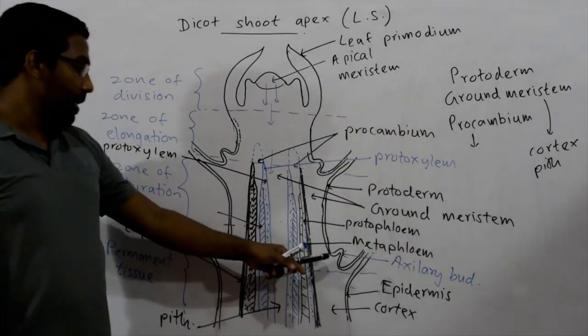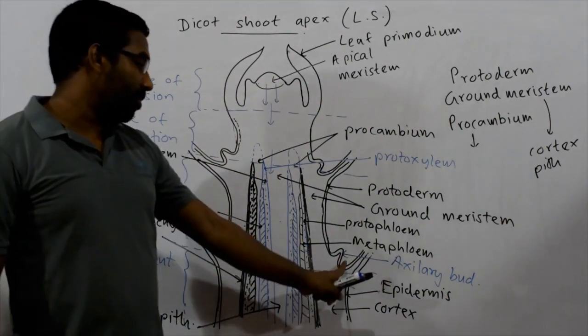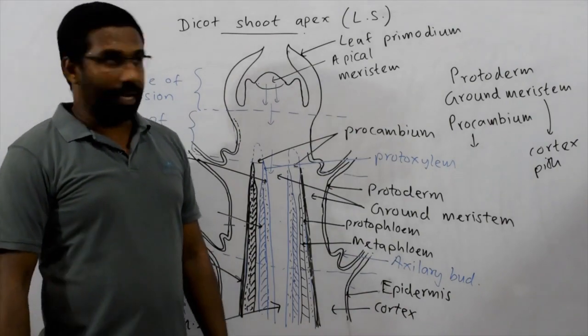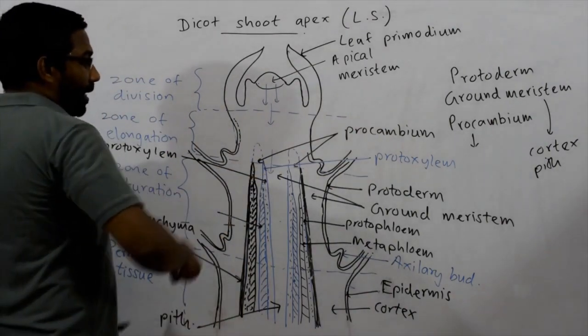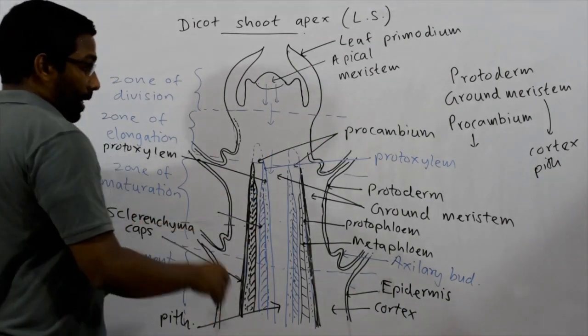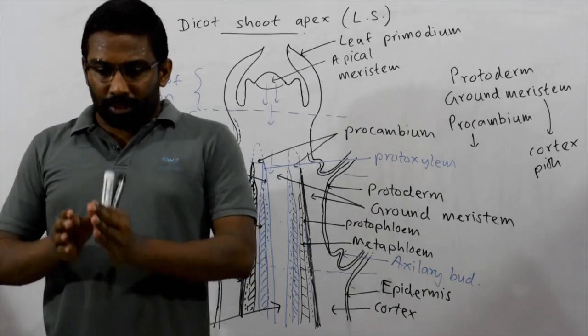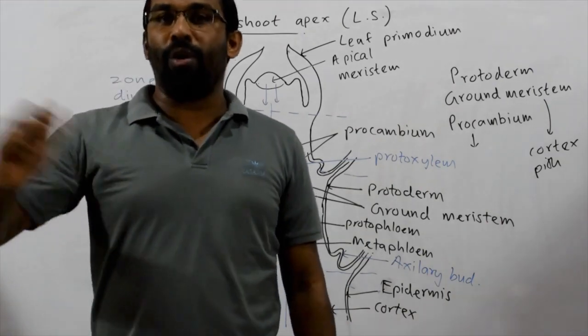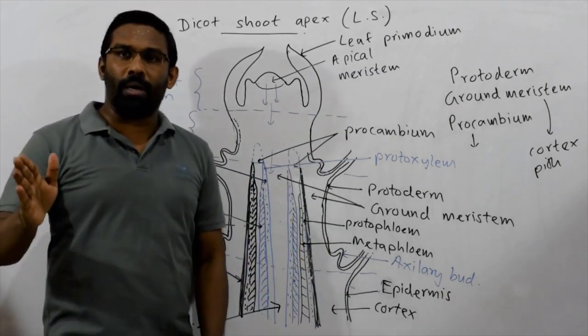Likewise in the shoot, the axillary bud gives rise to branches. Lateral branches of the stem are produced from these axillary buds. Remember that. Here we drew only procambial strands in the stem. If you consider the permanent tissue region, we can say the vascular bundles of the stem continue with the vascular bundle of the leaf through the petiole. Got that? The vascular bundle of the stem continues with the vascular bundle of the leaf.